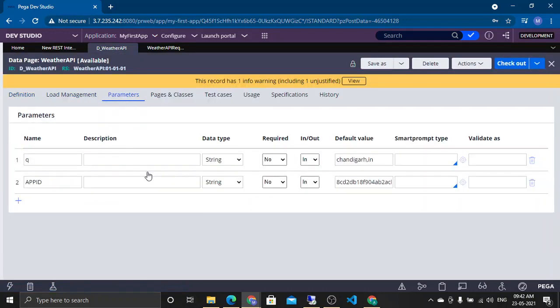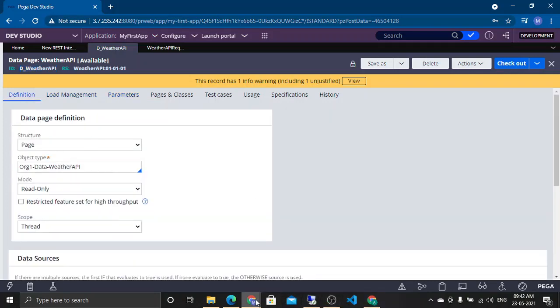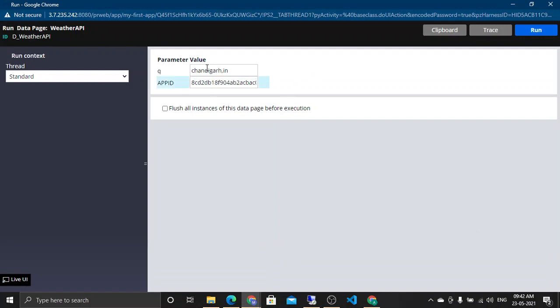It is here, default values are there. That is good, so it configured the data page. It said there will be two parameters, and if nothing is passed, by default these will be used. But if you pass a new parameter at runtime, it will not take the default value, because you have overridden it. It is good to have default values that work all the time, just for testing purposes. So it is getting the default value.